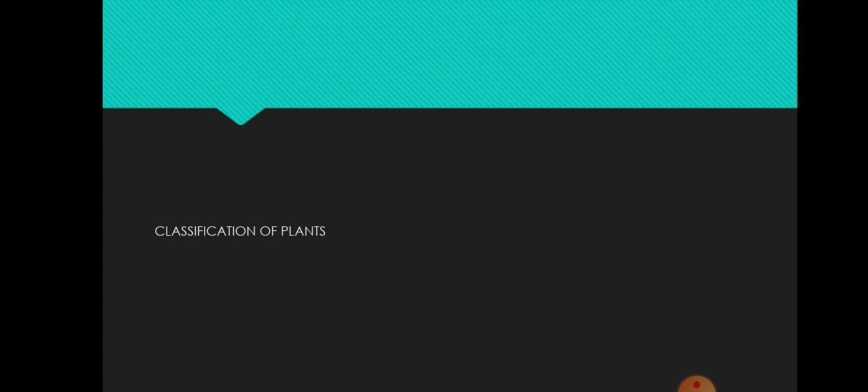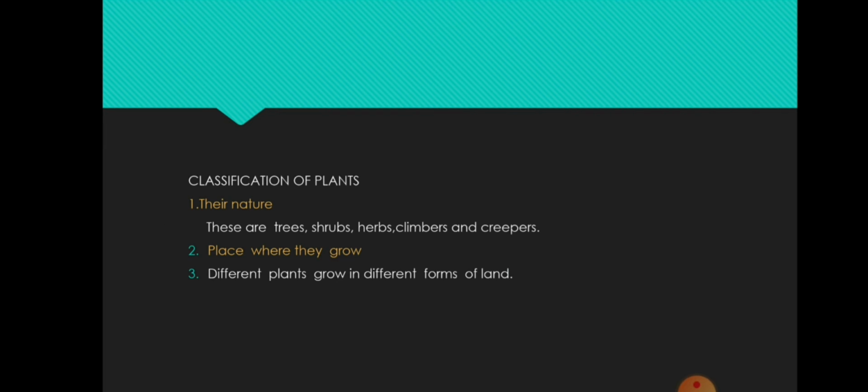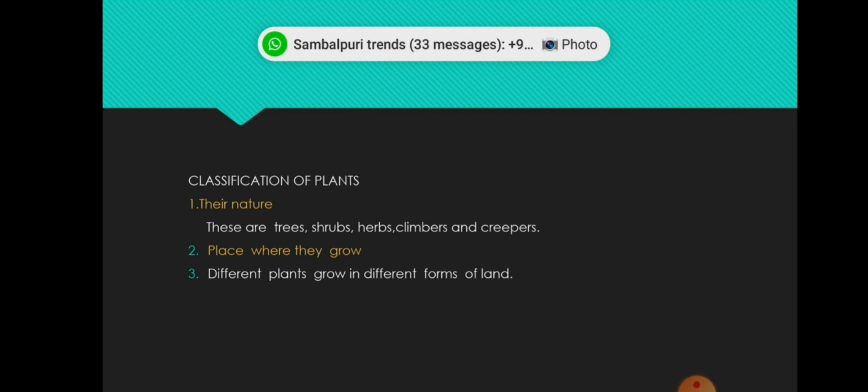Children, in this class we also classify the plants. Plants are classified by the nature and the place where they grow. Children, classification based on their nature and the place where they grow.